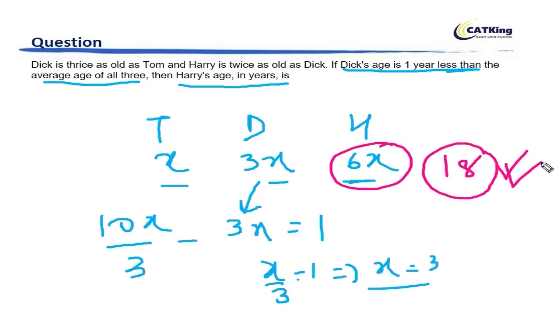Again, a very, very basic question that we have cracked here. You can't get a simpler question in CAT. Hope this is clear to you. Such questions are again morale boosters, but at the same time we have to take care of the time taken. If you are taking more than 10 to 12 seconds for a question like this, then you are hampering your chances. So don't take more than 10 to 12 seconds for a question like this. Again, the variable approach is one of the simplest and fastest approaches for a question like this.